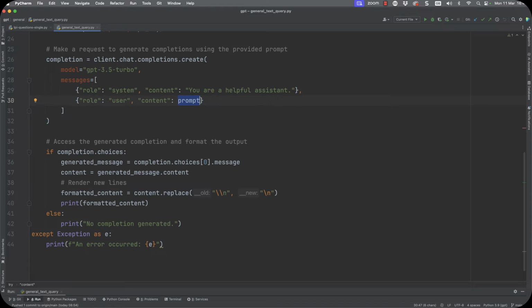And we can then start formatting our first choice. So choice 0, the first element of the array. And then feed that through into our content, and we can have our formatted content where we make sure that it displays on multiple lines by putting in our new line separator. We can then print out our formatted content, or then go ahead and say that we had no completion, or if our try didn't work, we couldn't open up the instance of our object, we can go through and exit.